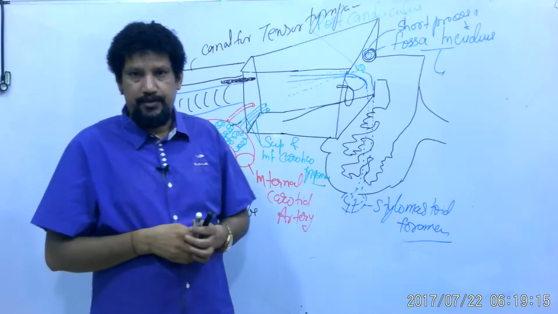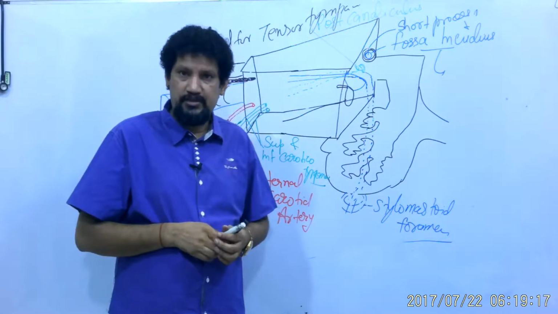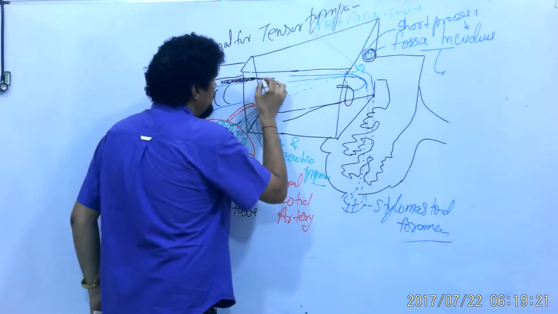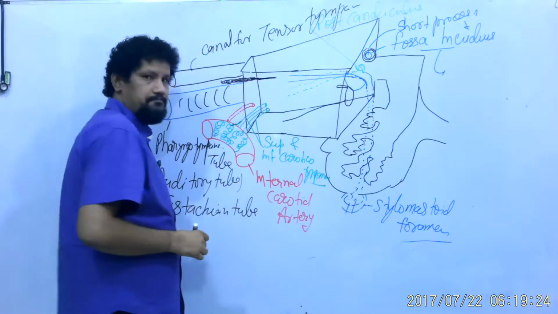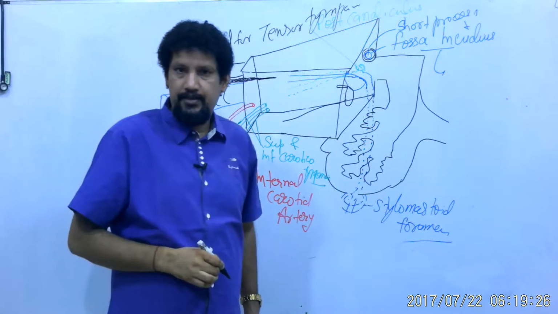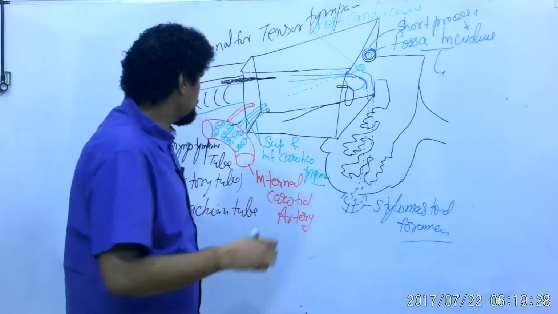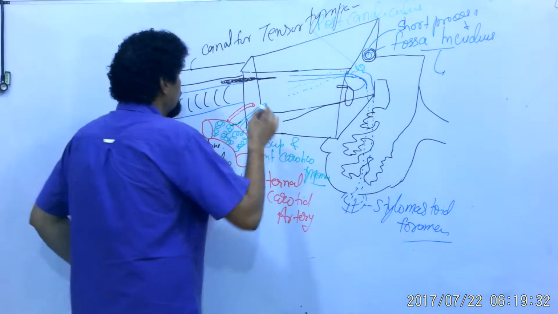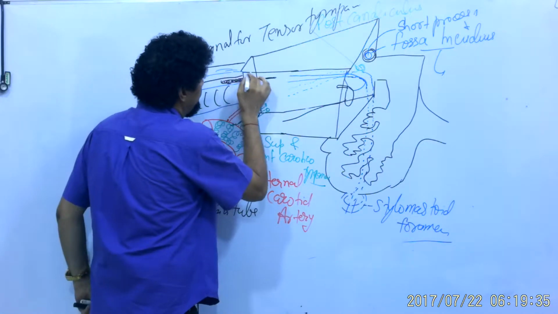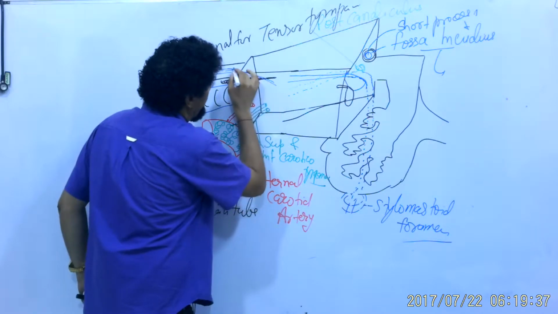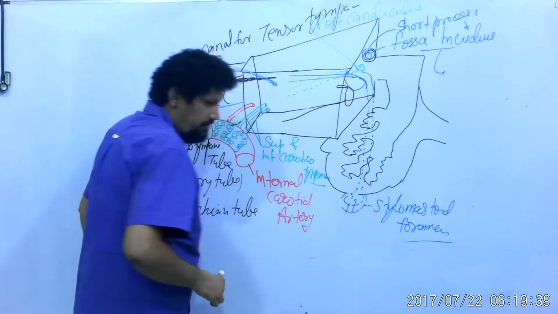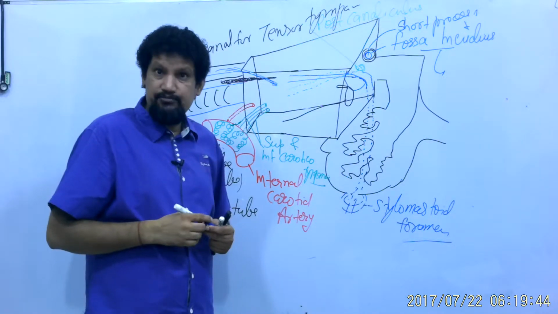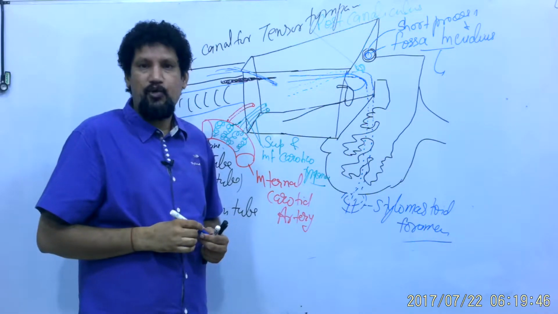is running backward, and this bony projection provides the site for the turn of the tensor tympani muscle. So, running tensor tympani is taking a sharp turn against this bony prominence, and this bony prominence is known as processus